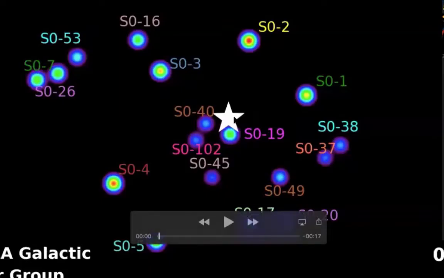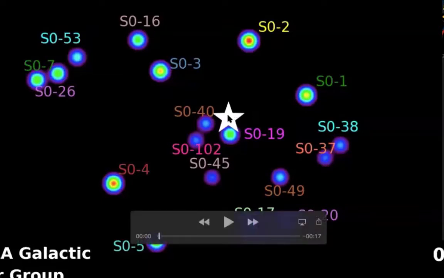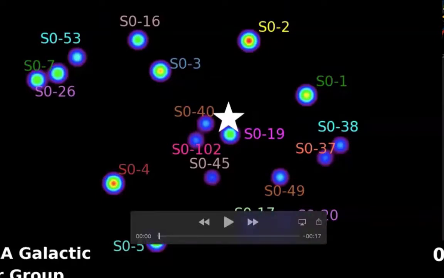So there is the central X-ray source, the dynamical center of the Milky Way galaxy, Sagittarius A*, right there. Aside from a weird X-ray source and a very weird radio source, there's not much else there. With the magic of adaptive optics, we see all of these individual stars orbiting around. What are they going to orbit around? They have to orbit around the center of mass. This is very clearly the center of mass.